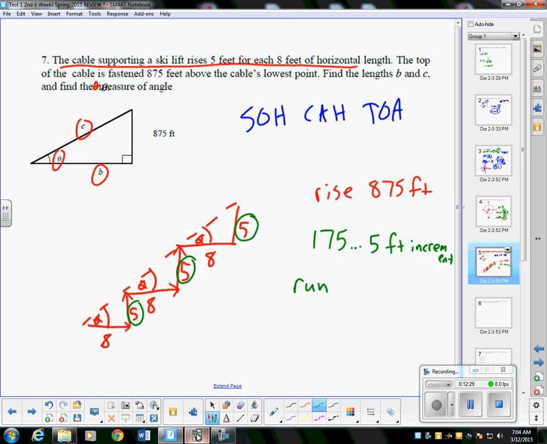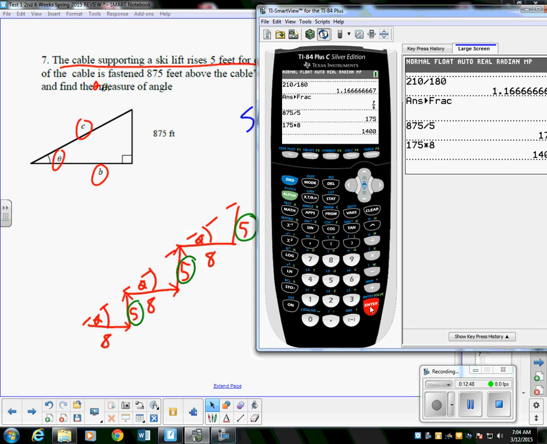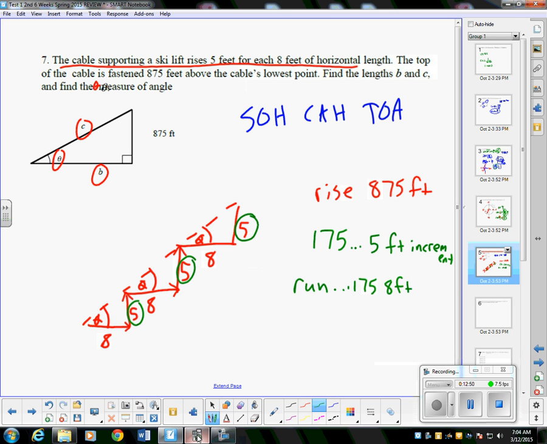So if there are 175 5-foot rises, there are also 175 8-foot runs. Okay, so if I go to my calculator again, I do 175 times 8. So I know that I have a 1,400-foot distance